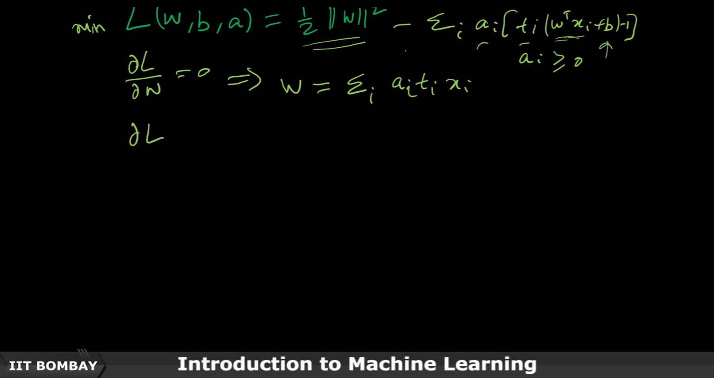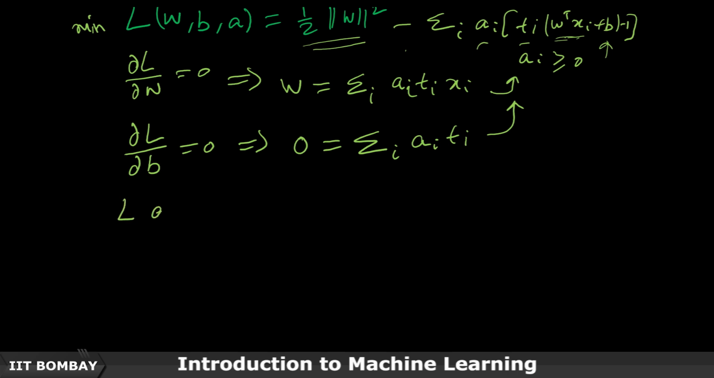Similarly, when we take the derivative of L with respect to B and set that equal to 0, what we will get is this equation where you will have the sum over i of a_i t_i. Okay. So now we can plug these two back into the equation to eliminate both W and B. So what we will get is the objective in terms of a, just in terms of a, and that will be the summation over i of a_i once we plug that back in,